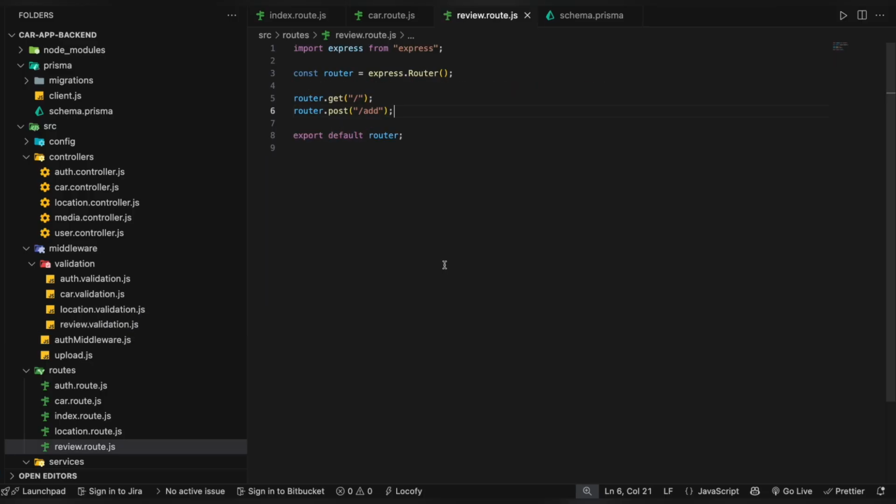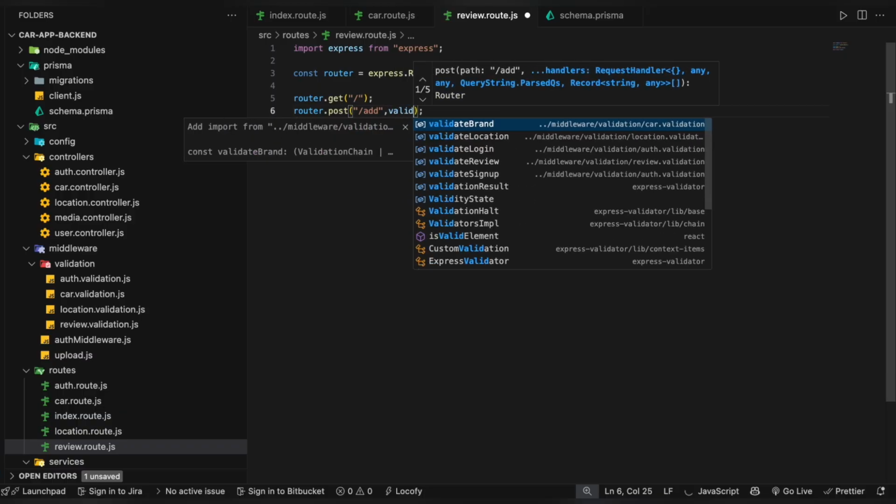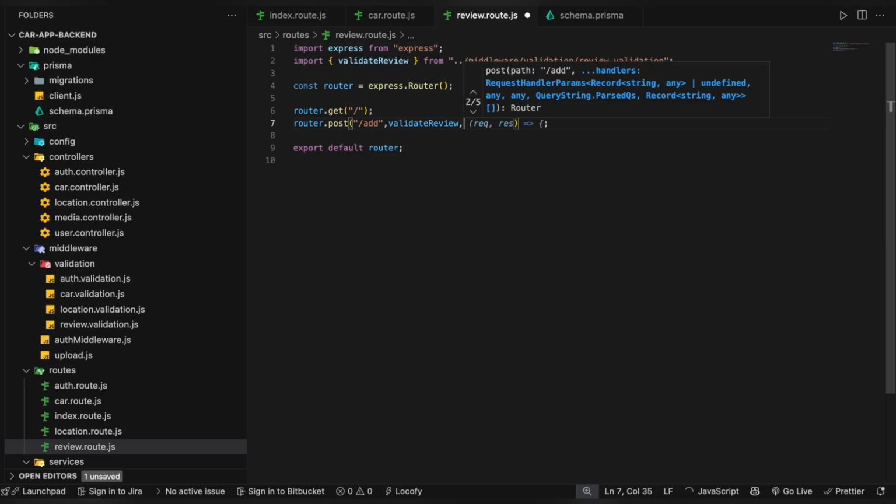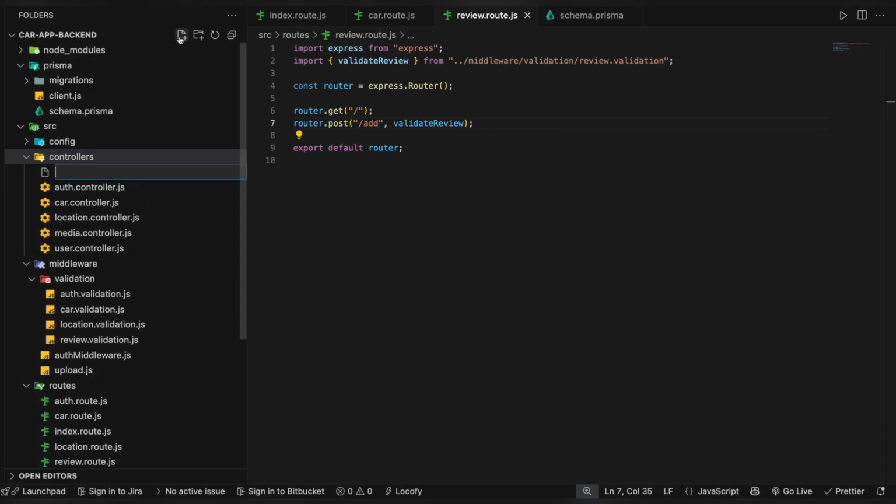Okay, let me just go back. Over here we need to add that validation which we have added, in that validation file, in the add route, here validation location or validation review. Okay, over here let me add one controller,